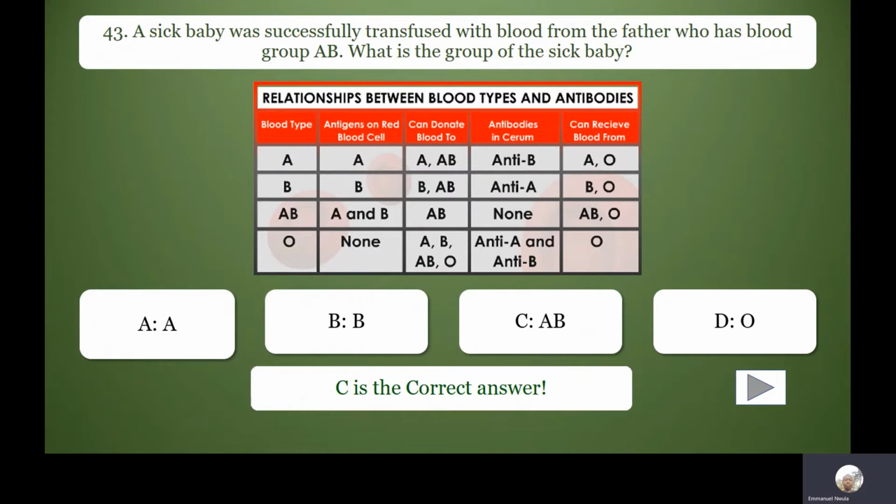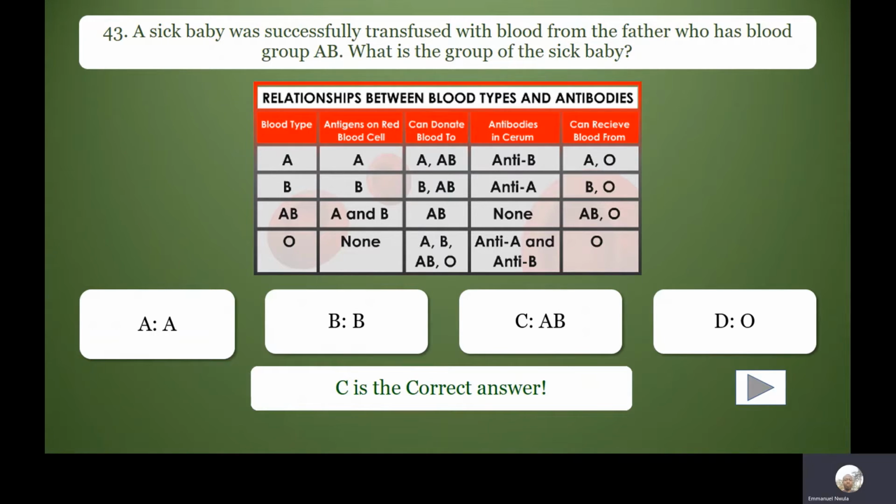A sick baby was successfully transfused with blood from the father, who has blood group AB. What is the group of the sick baby? Now, you have 4 blood groups. Blood group AB can only donate blood to another person with blood group AB. They can only donate to another person with blood group AB because they have antigens A and B on their